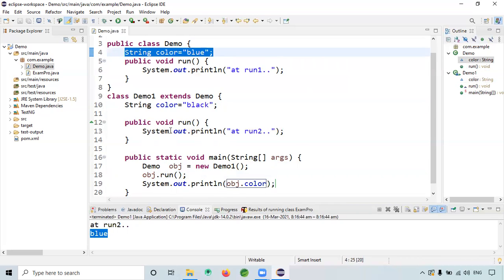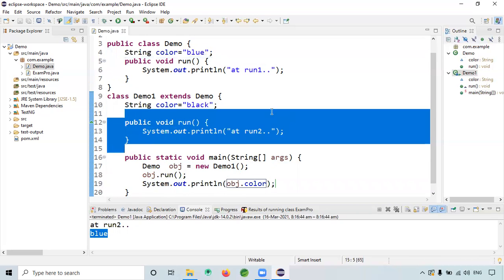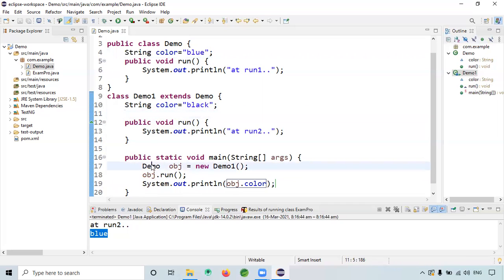It is only applied in the case of methods. This is also called a parent class reference variable pointing to the current class object. This is also called upcasting.